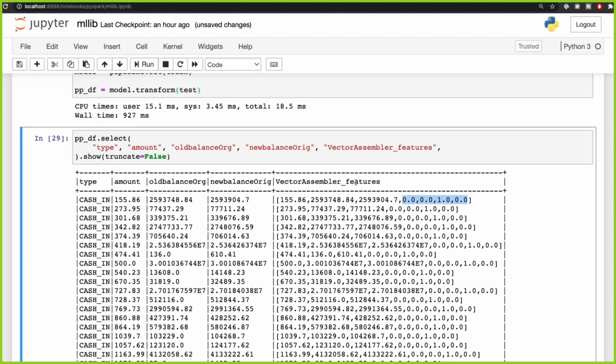And the next step that we're going to do, we're going to train a logistic regression on the vector assembler